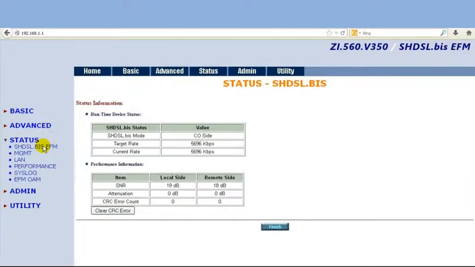I'll click on the status part, and there on the DSL BIS status, I can see it is trying to synchronize. So on the local side it is showing the SNR margin, but on the remote side it was not showing then. But now it's synchronized, so it is showing on both sides. That means our AFM NTU CO and CPE are communicating with each other on copper pair 1.